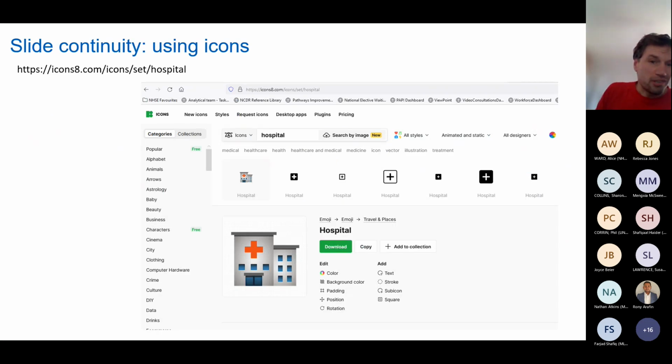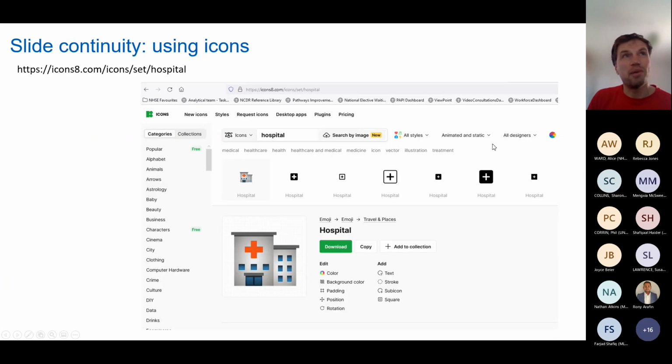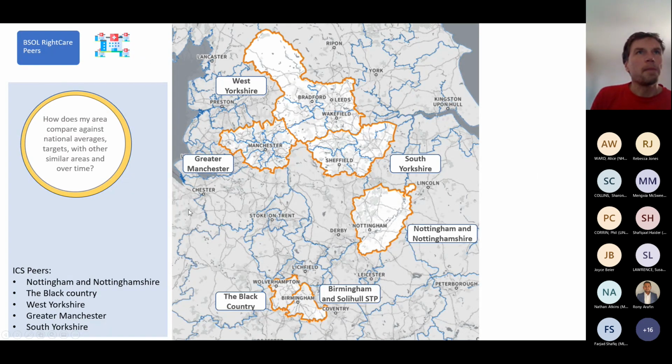Just a note that I have in general about how to make slide packs. I quite like the use of icons and themes, and using them throughout. There are lots of places where you can get free icons. You can either create an account or just cite the icons. I just did that, and you can whip out hospitals and stick them in your slides, which is really good.